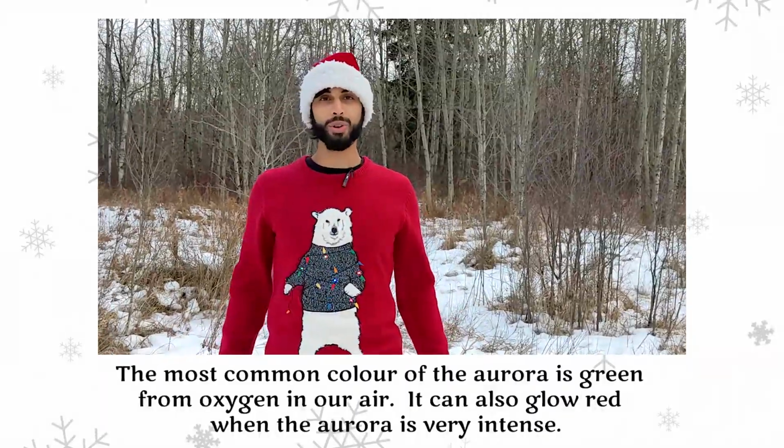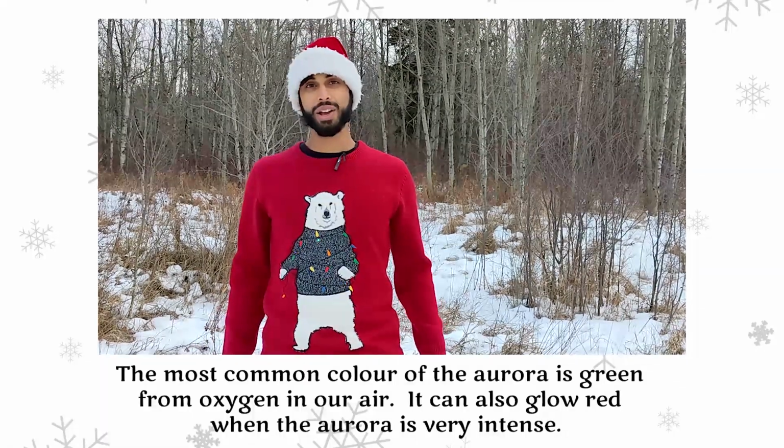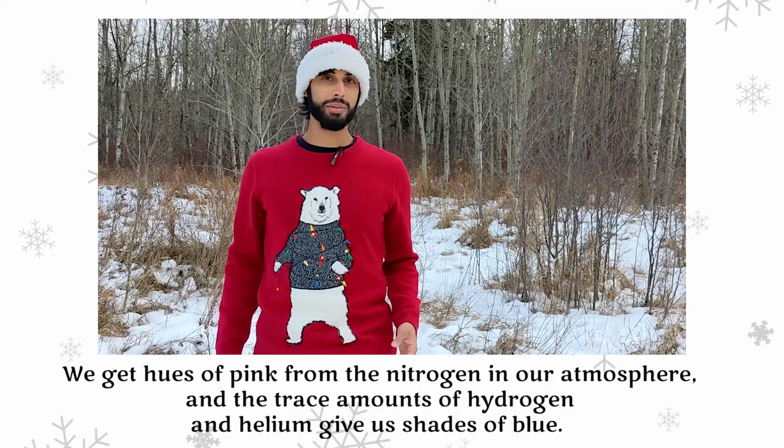The most common color of the aurora is green from oxygen in our air. It can also glow red when the aurora is very intense. We get hues of pink from the nitrogen in our atmosphere, and the trace amounts of hydrogen and helium give us shades of blue,